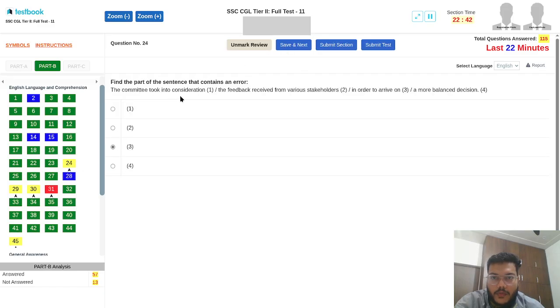The committee took into consideration the feedback received from various stakeholders in order to arrive at a more balanced decision. They arrived at a decision. At आएगा. In order to arrive at a decision. In order to arrive at a